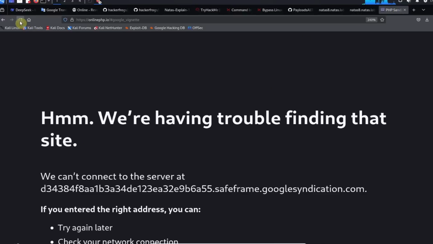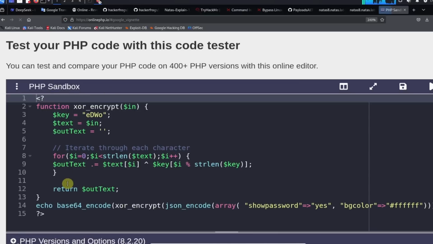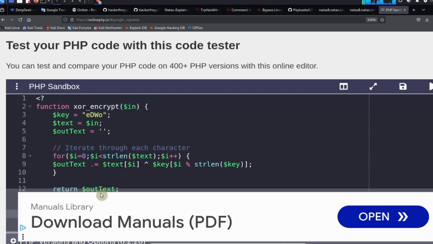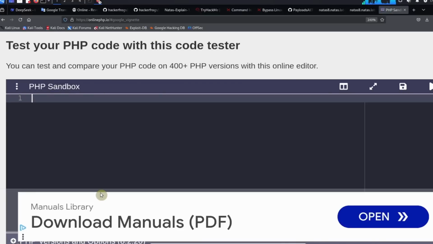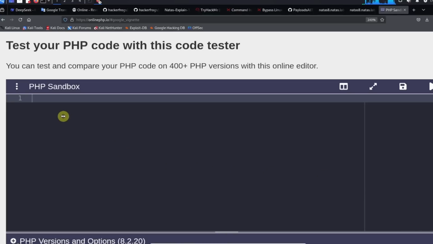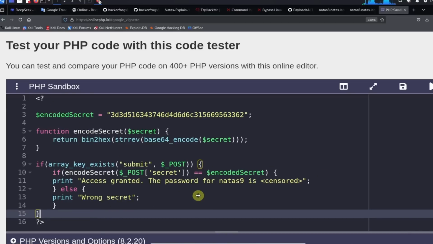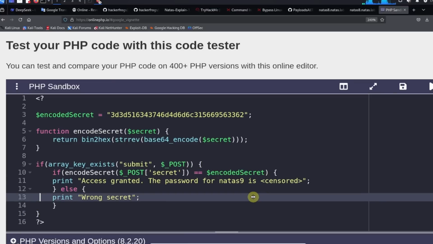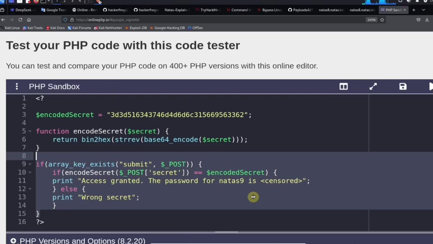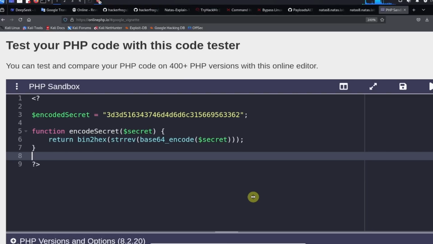to online PHP, delete all this stuff. Oh, even the ads are big. Okay, we're going to paste in the code and get rid of the stuff we don't need. We don't need anything from line 15 until line 8, so we're just going to get rid of all that. So what we're left with is the encoded secret, and then we've got the code, the function over here,